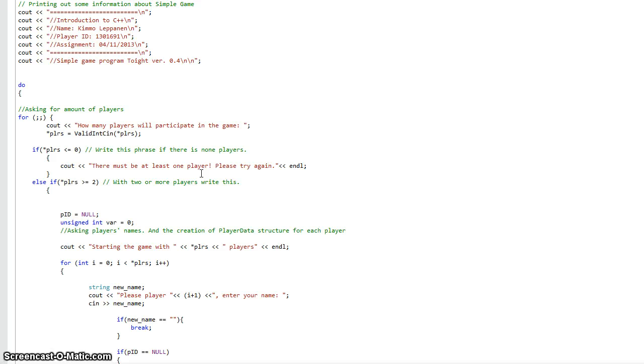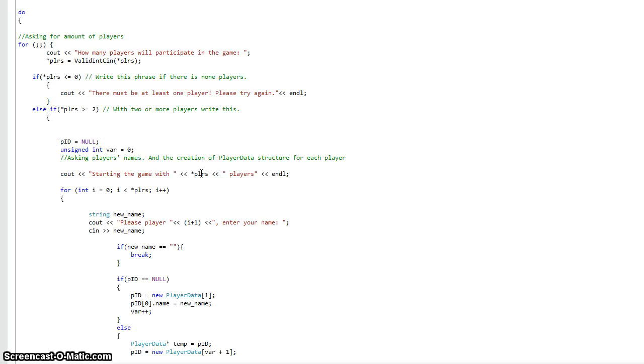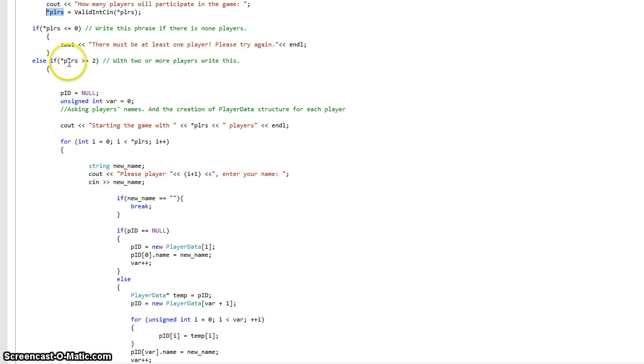Okay, we continue. When we have 0 players, there must be at least one player. Please try again. And how many players will participate in this game, and here are the players. We validate that it is an int, and then if there are more than 2 players, the player's PID will be null,